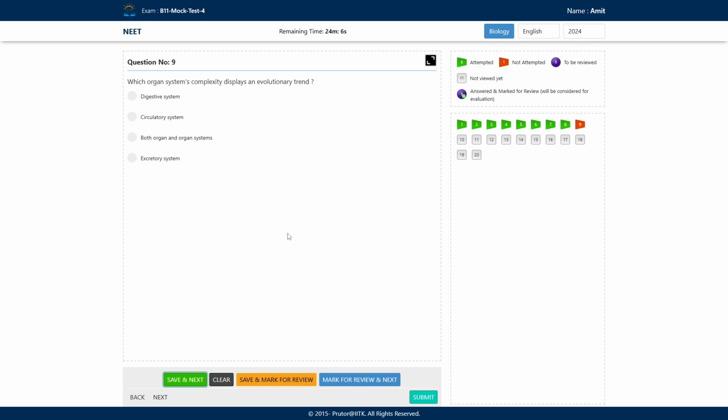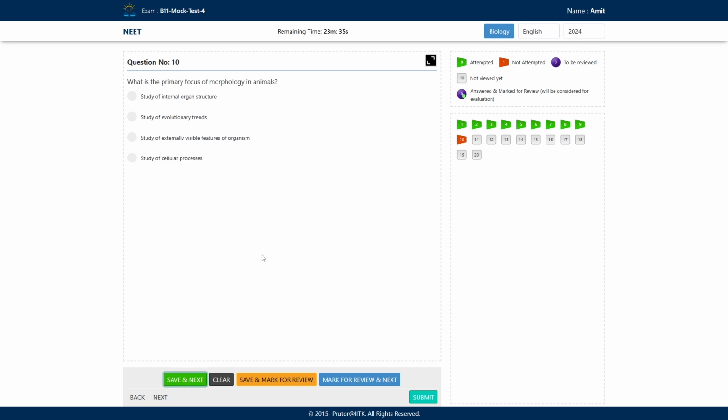You are studying the excretory system. And when you are studying only the heart, then you are studying only an organ. So while studying organ and organ system, we see that there is an increase in the complexity of the organ and organ system, and that is showing the evolutionary trend, right? So this is absolutely correct, both organ and organ system. Very nice question. Okay, let's move to the